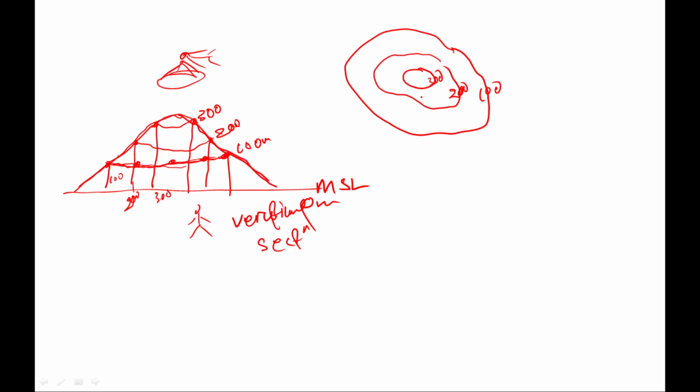So you can see that when the value is rising towards the interior, that means the slope is outward, because the central part is higher. This is the 300-meter contour, then 200, then 100. The slope is outward, so it is a mountain. It can be a mountain, or it can be a dome. When you find such features on a map, where the contour values are increasing towards the center, you can call it a mountain or a dome.